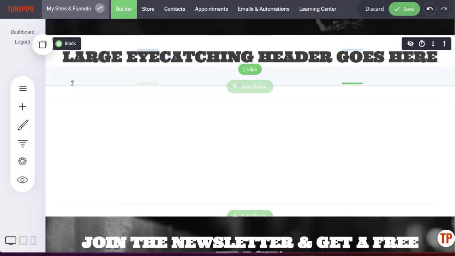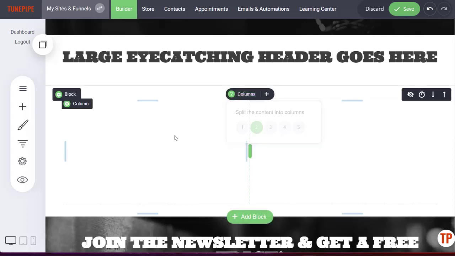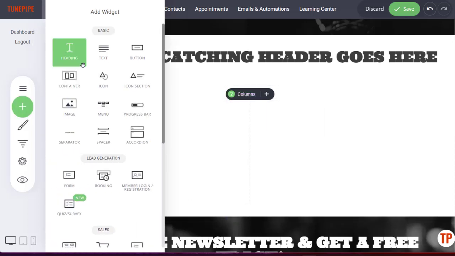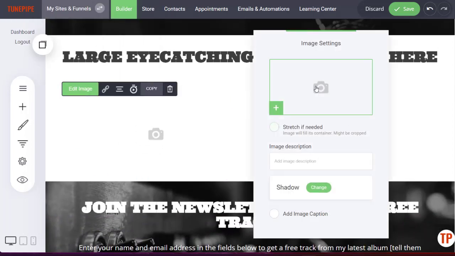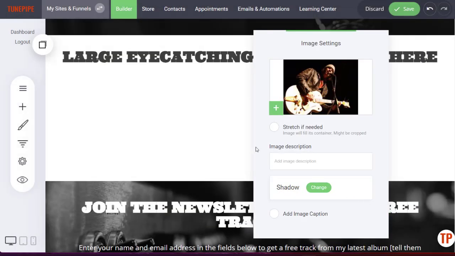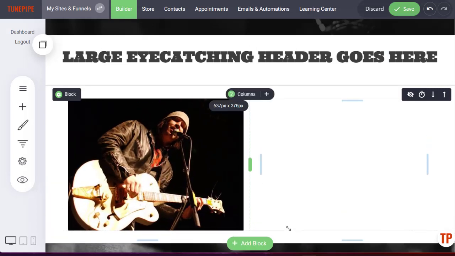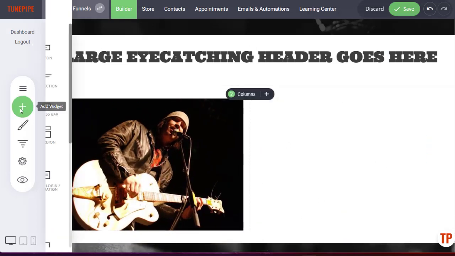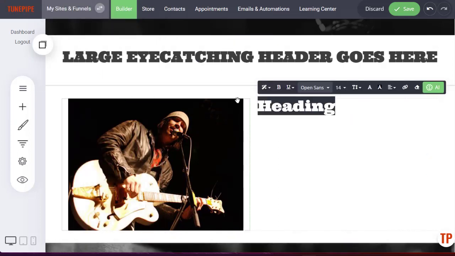And now inside of our site, we have blocks. And inside of the blocks, we have columns. Like right now, this is a single column block. So I want to change it to 2 columns. And now I might take an image widget, drag it into place. Again, I don't have a lot of images here in place, so I'll just use that one that I added. And then I can just grab it by the corners there, fill up that space, and maybe I want to now come in over here and add a text heading,